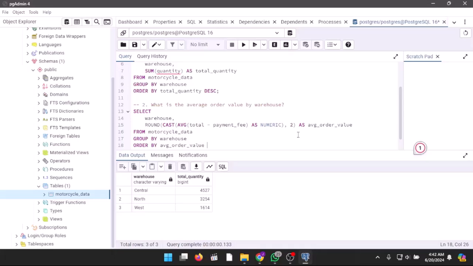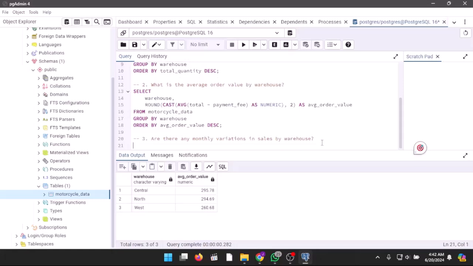Now in this case also, I wanted to arrange it from the highest to the lowest, so I used the descending, and voila, we have our results here. Now from this table, we can see that the average order value for central warehouse is the highest, followed by the north and the west. So with that, we jumped right into the third question, which is, are there any monthly variations in sales by